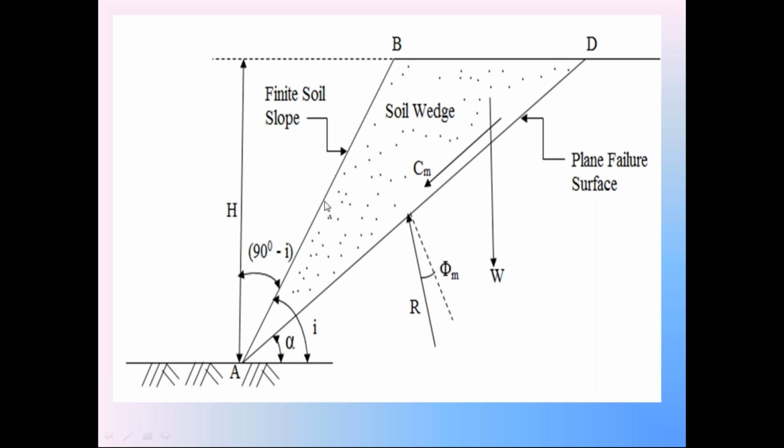Dear students, please listen to this carefully. Before going to construct this structure, this may be an embankment, this may be an earth dam, or this may be a canal, we know all the properties of soil used in this structure. That is important. We know all the properties. We know the unit weight of soil, gamma. We know the natural cohesion of soil, C. We know the angle of internal friction, phi, of this soil.